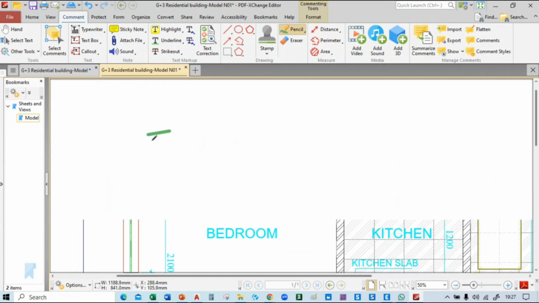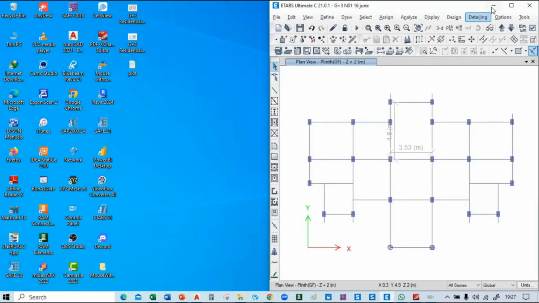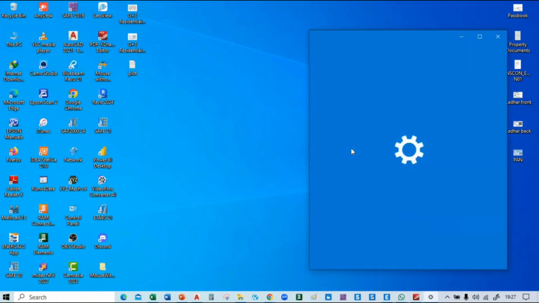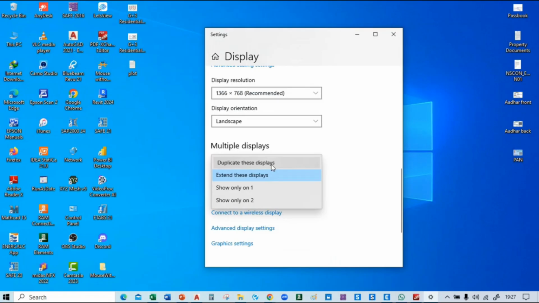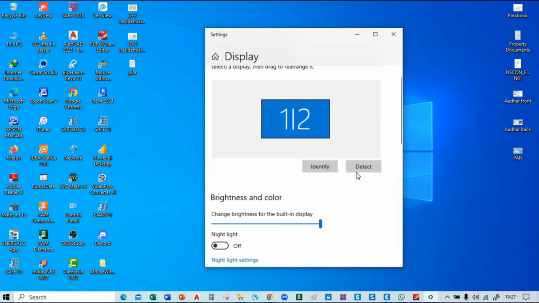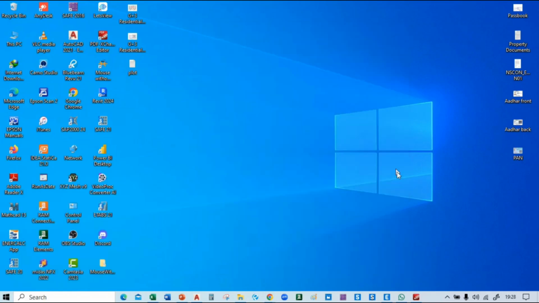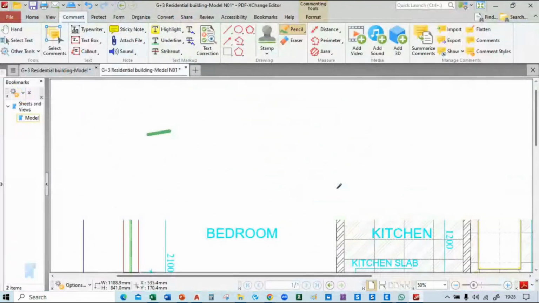Okay, so the formula to calculate the wall load is,